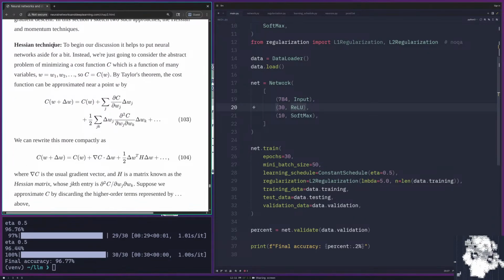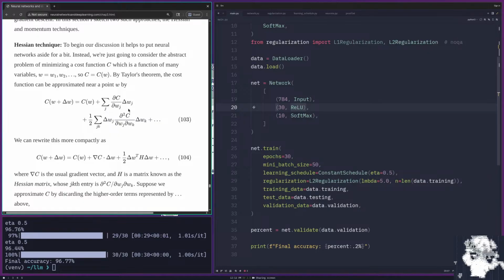Hessian technique. To begin our discussion, it helps to put neural networks aside for a bit. Instead, we're just going to consider the abstract problem of minimizing a cost function C, which is a function of many variables, w equals w1, w2, etc. So C equals C of w. By Taylor's theorem, the cost function can be approximated near a point w by C of w plus delta w equals C of w plus